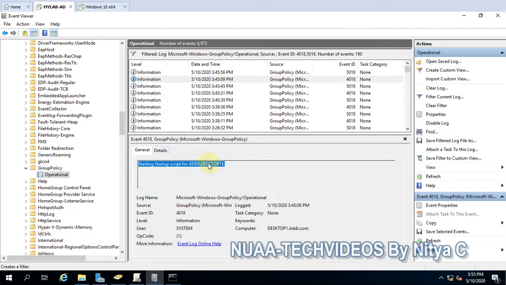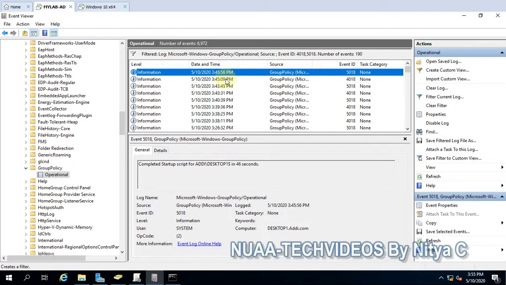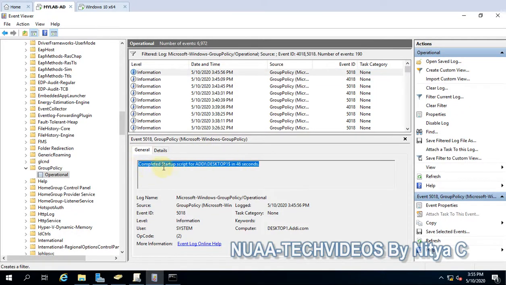So this is starting on desktop 1, and it started at 45 and ended at 56. So it took almost 45 seconds. You can see here 46 seconds to complete the startup script for this one.